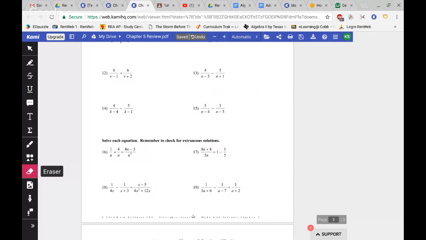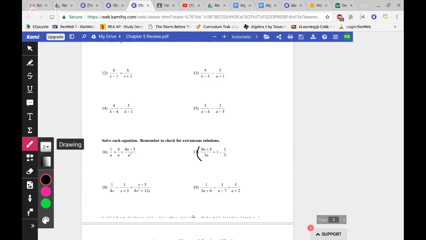Okay, the least common multiple or greatest common denominator for this one. Does anybody want to take a guess? 5n. Did somebody say 5n? If you did, that's correct. I couldn't really tell. 5n is the least common multiple for this one. That 1 that's all by itself, you just kind of got to think of it as 1 over 1, as having a denominator. But if I multiply this side by 5n and the other side by 5n,